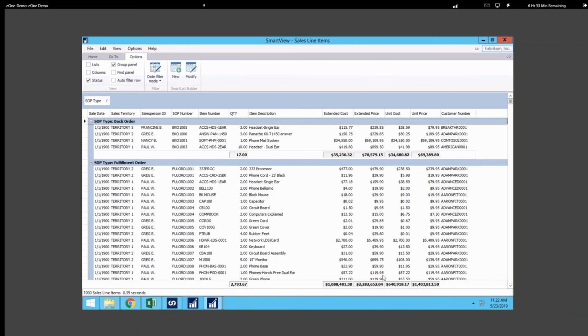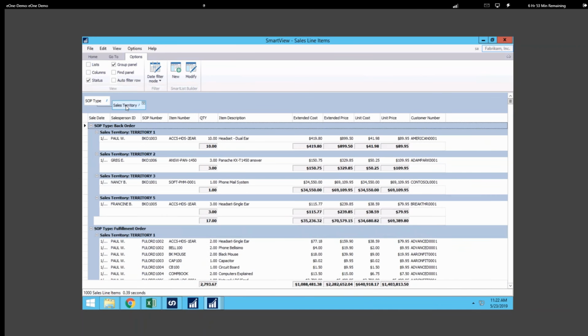Now, if you note, not only does it have the grand total at the very end, but it has our totals for each of these individual sections as well. So let's now subgroup by our territory. So now when we're looking at this data, I can literally see all of the back orders for all of the territories, and they're sectioned out for me and totaled without having to do your